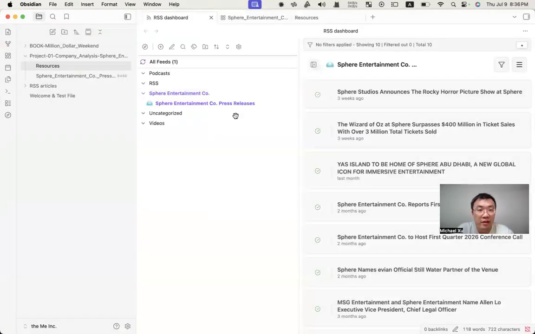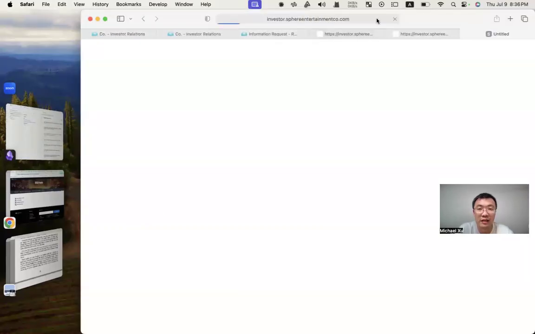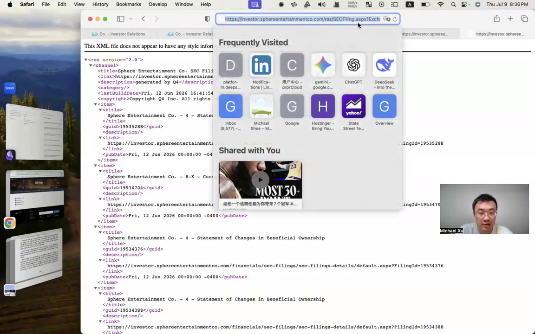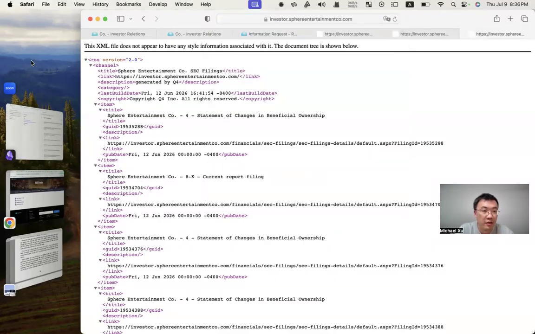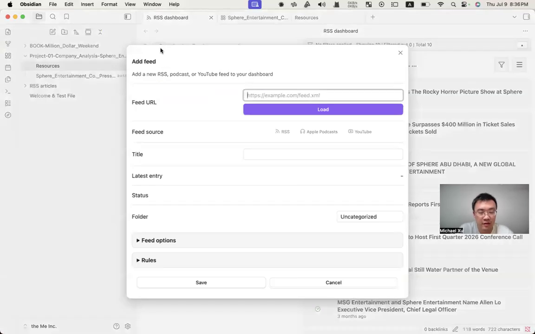If nothing is there, maybe not. What about this SEC filing? Yeah, this one should work. Let's go back to Obsidian, add feed, paste the URL, load,